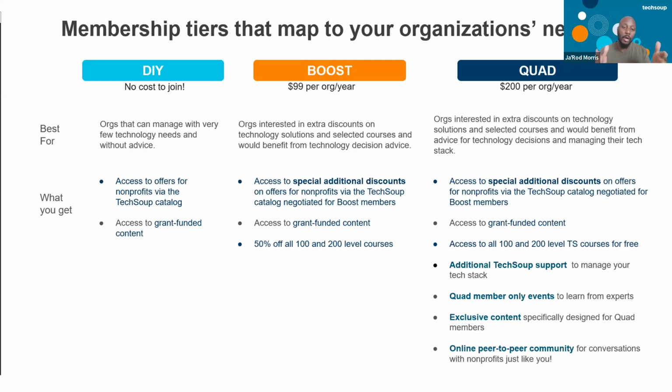So those are our membership tiers. Just wanted to make sure that you all are aware. We're constantly working to build these programs out and make them better. And as you look at this, if you see something that maybe is not there that should be there, especially if you have a long-standing history with TechSoup, let us know. We're looking for ways in which we can make these programs better. So definitely appreciate your consideration. And I'll hand it off to the next speaker.